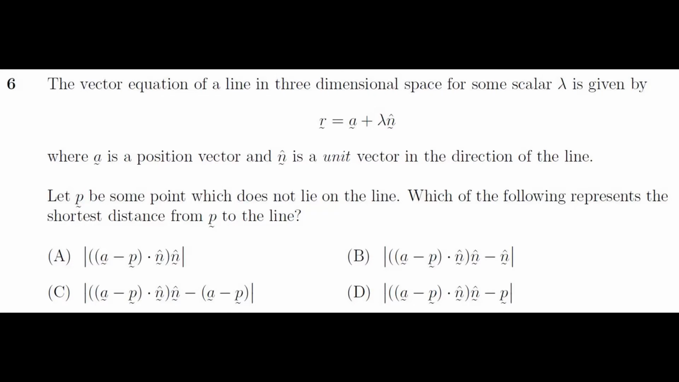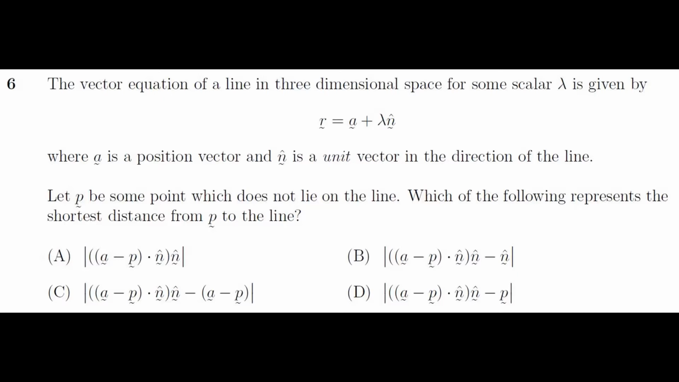In this video, I'll be answering question 6 of the Board of Studies Extension 2 trial paper from 2020. And it's a continuation of a series where I'm working through this paper systematically from question 1 all the way through to question 16. Here in question 6, we're told that the vector equation of a line in three-dimensional space